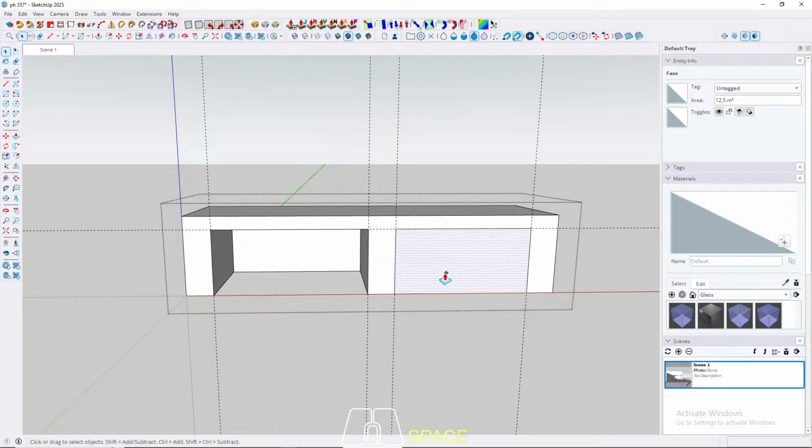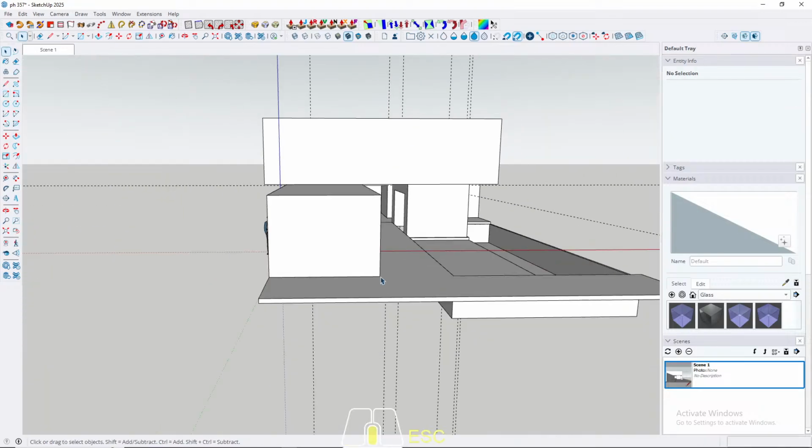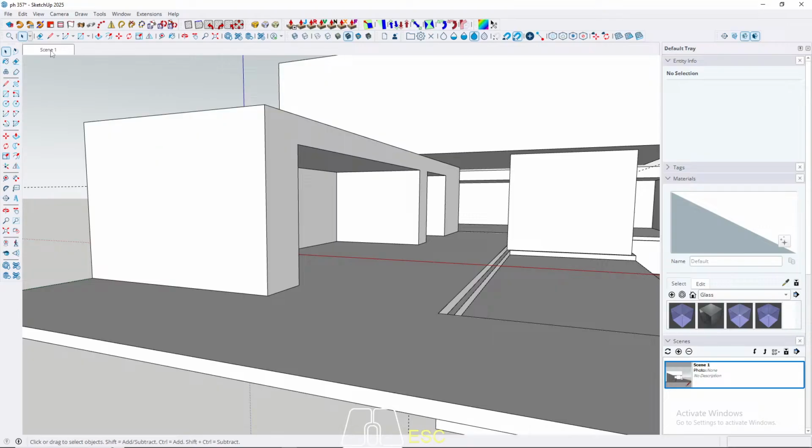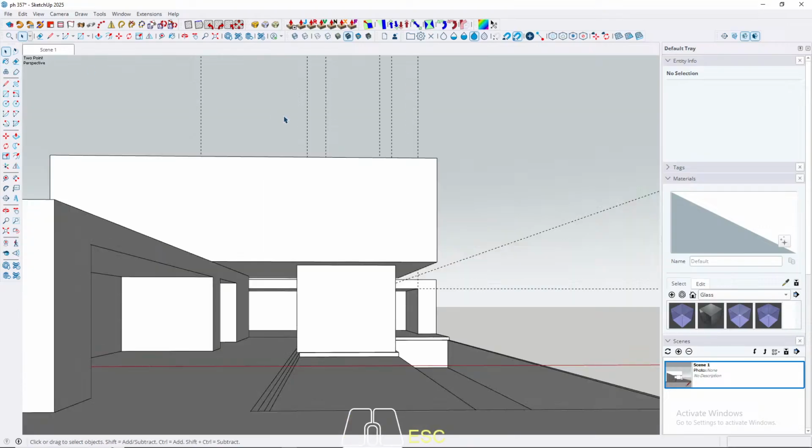I want to make this room big, so let's add, no, it's enough. Okay, and then up here,